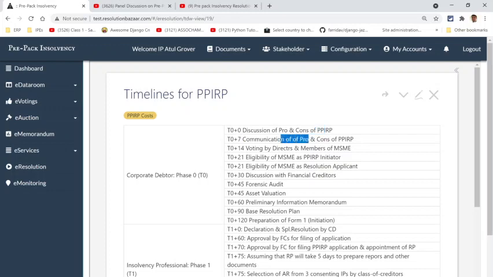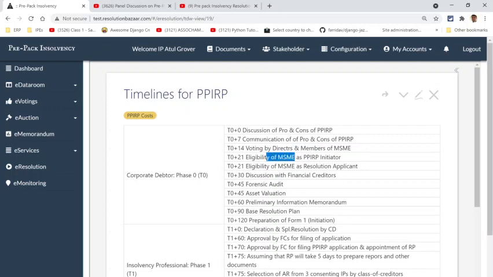We'd like to communicate the pros and cons to the other members and the other owners, promoters of the MSME. It is always advisable to go in for a voting at this stage. We actually call upon the voters and members to decide, so that everybody is on board, and that there are no hiccups further down the lane.